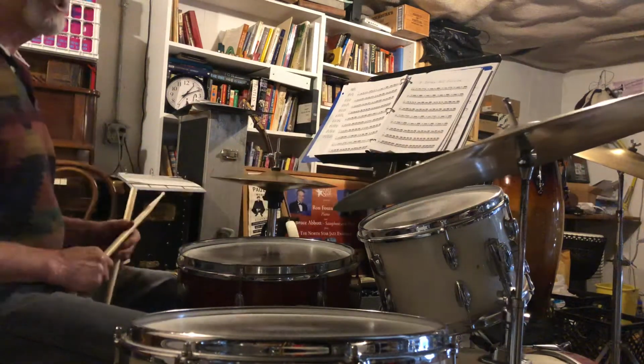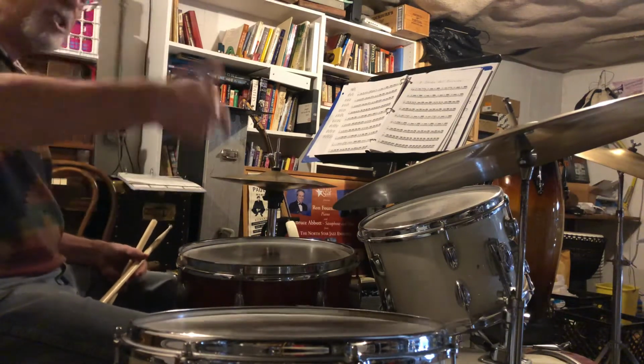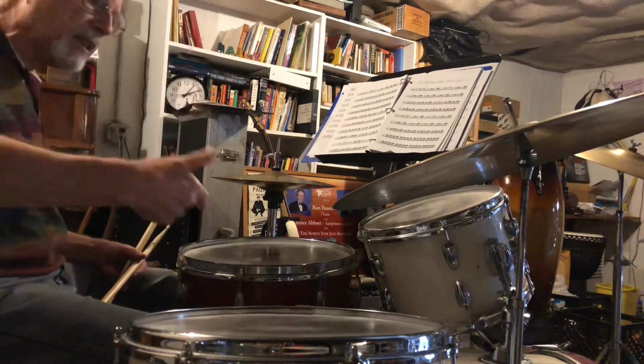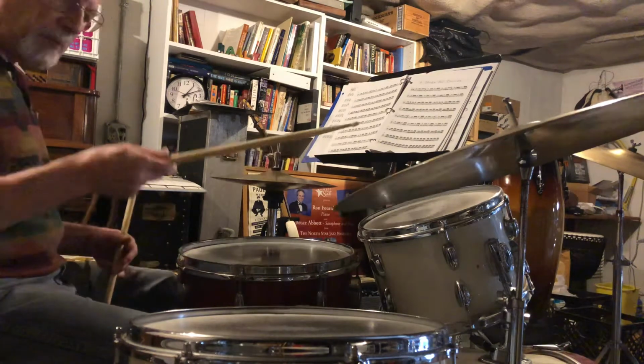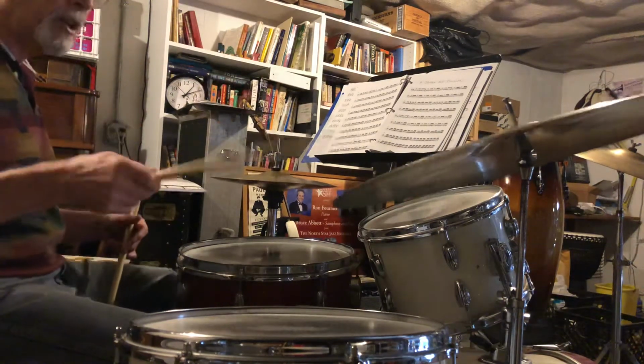And the motion underneath that is triplets. Feel that triplet underneath. 1 and the 2 and the 3 and the 4 and the 1 and the 2 and the 3 and the